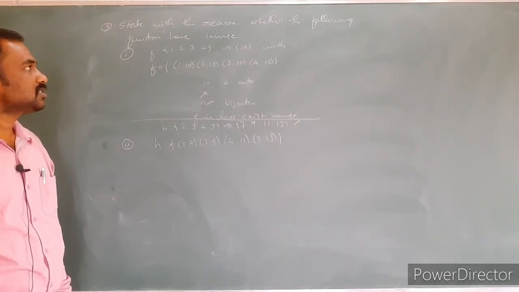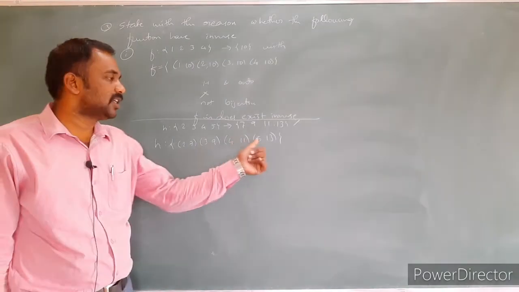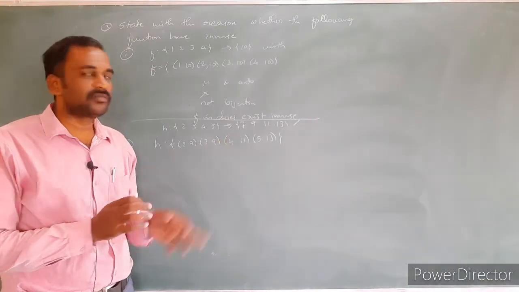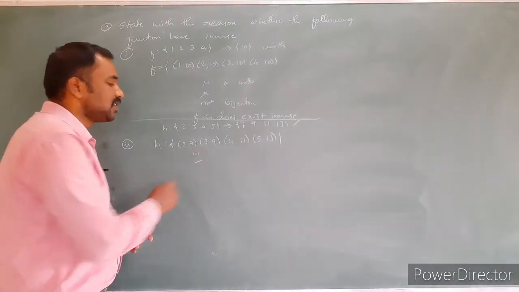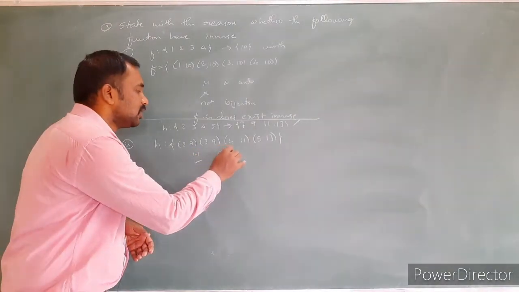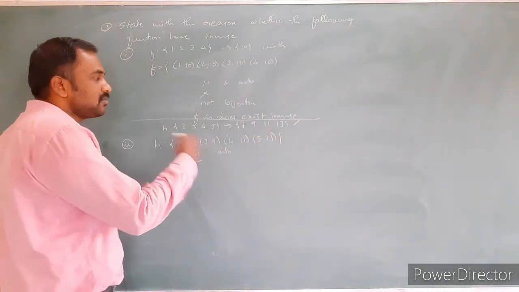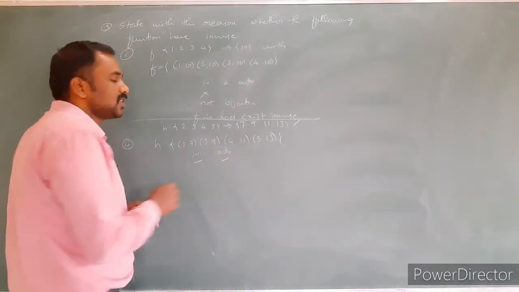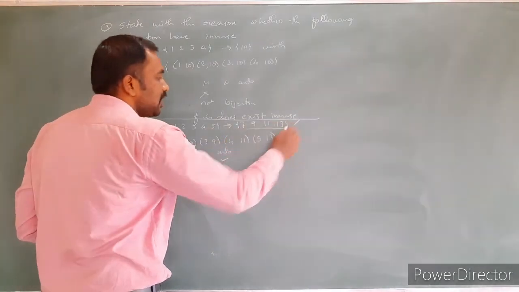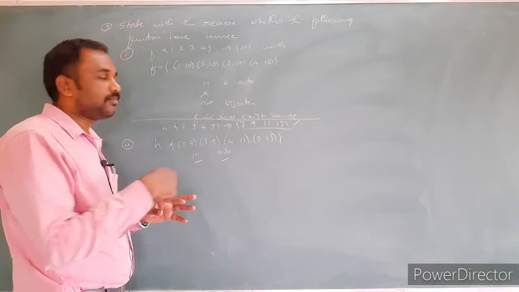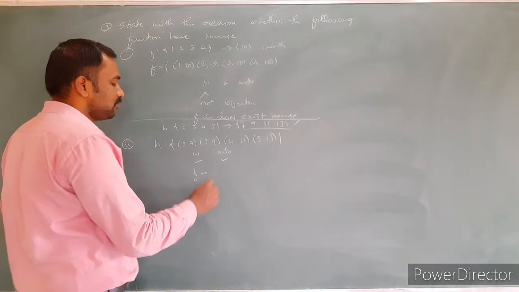Invertible means it should be bijective. Is it bijective? Bijective means one-one and onto. Different elements have different images. The first element should not repeat, and it does not repeat. So obviously it is one-one. What about onto? Every element from the codomain set has at least one pre-image, so onto is satisfied. And the inverse definition: every element from the codomain set has a unique pre-image in the set A. Yes, obviously it is satisfied. So f is invertible.